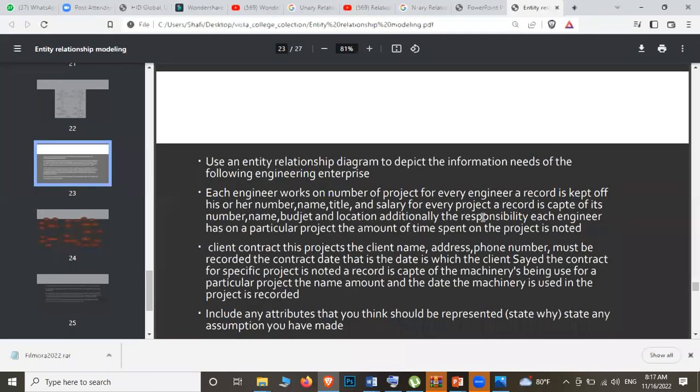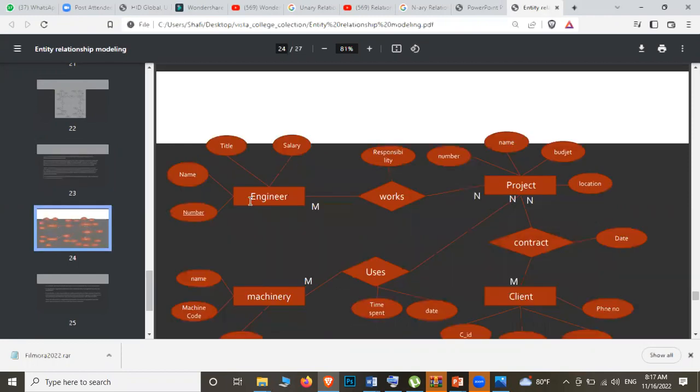Okay, මෙතන තියෙනවා the customer. Okay, clients contract this project. Yeah, this is the plot. Okay, so contract කියන එක තමයි relation එක. Okay, fine. So then if you take one engineer, he or she can work on one project at a time, or they can even work on many projects, right? So එක project එකක් අපි ගත්තාම ඒකේ එකම එක engineer කෙනෙක්ද වැඩ කරන්නේ නෑ. There could be many engineers. So that is how you pick one from each side and you find out the cardinality, isn't it?